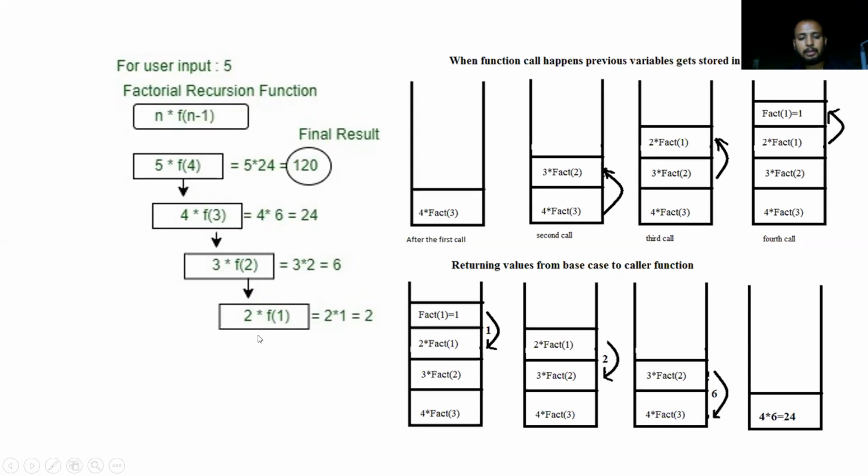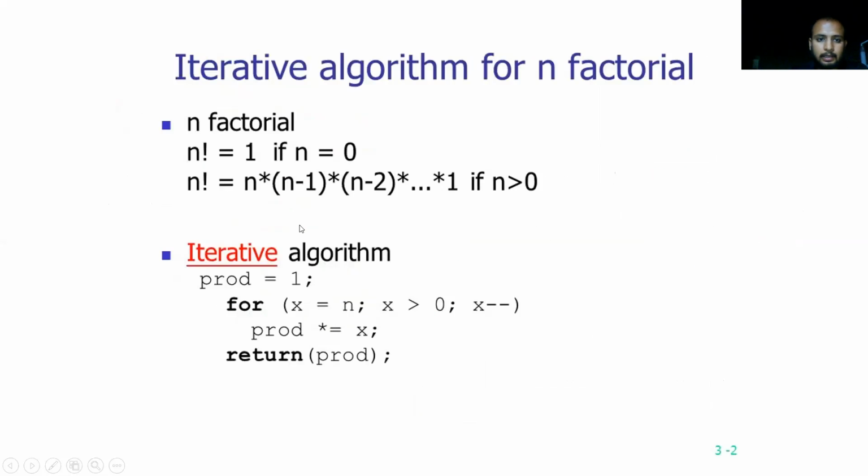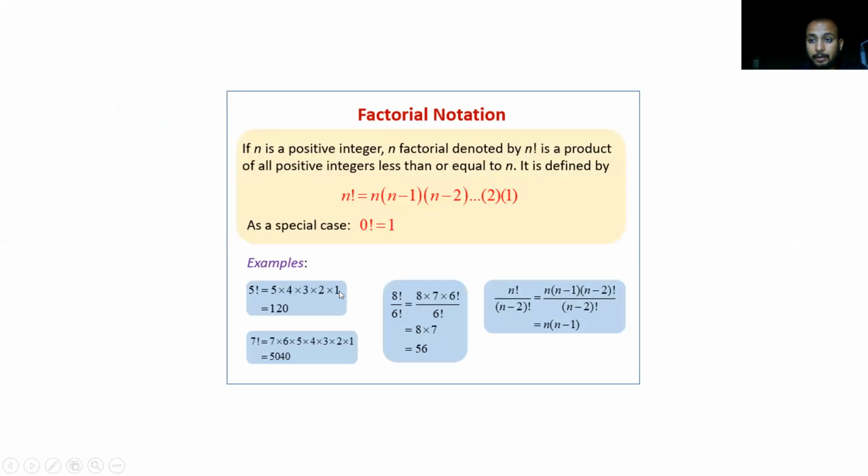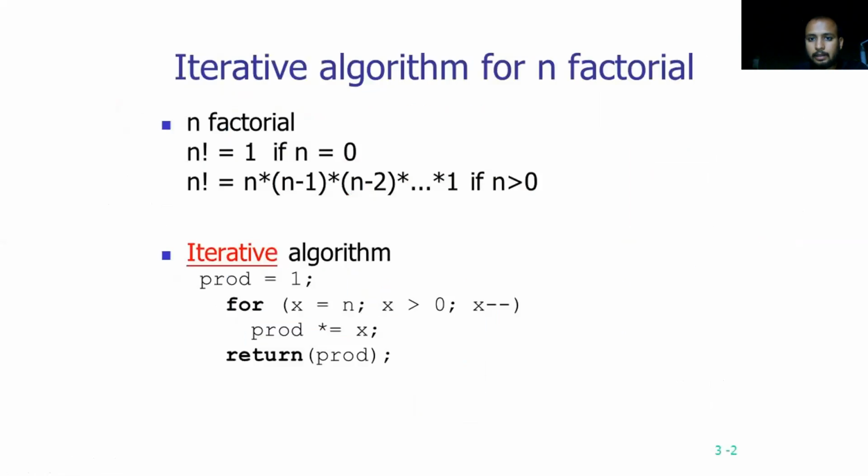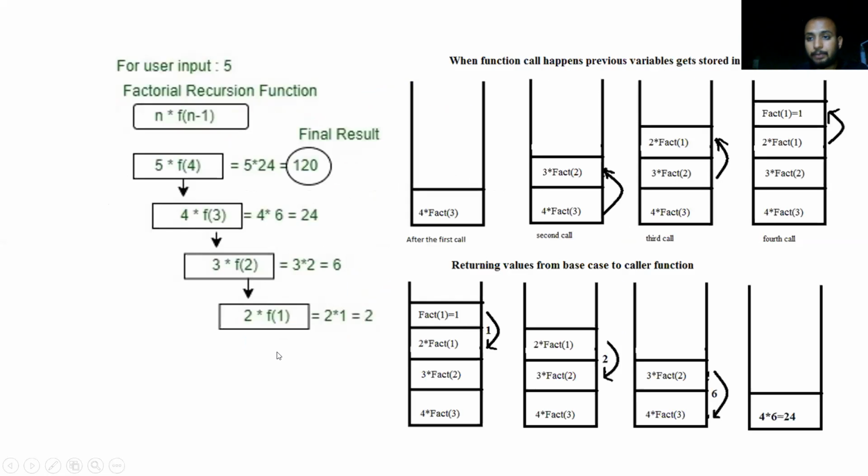In this fashion the termination condition is met. Recursion terminates in two ways: either you have executed all the steps that you have written in the code, or it meets the termination condition. I'll show you by coding. See, as I said previously, the product has to be taken from where to where? So the termination condition is 1, that's why we have taken 1.